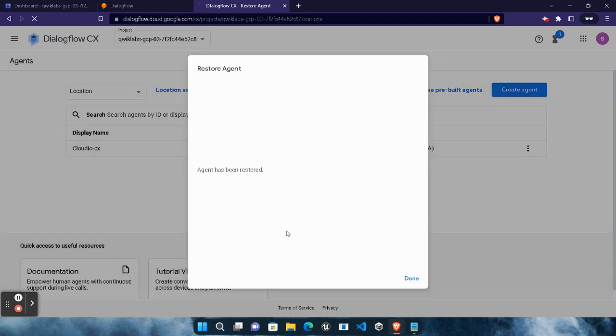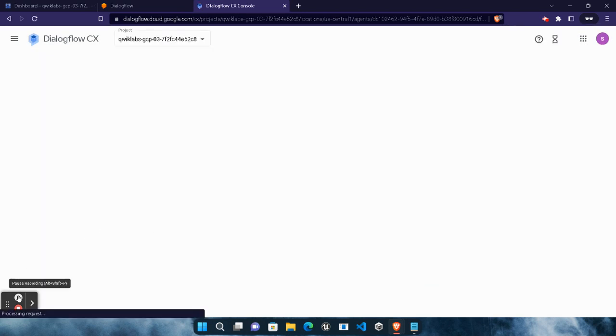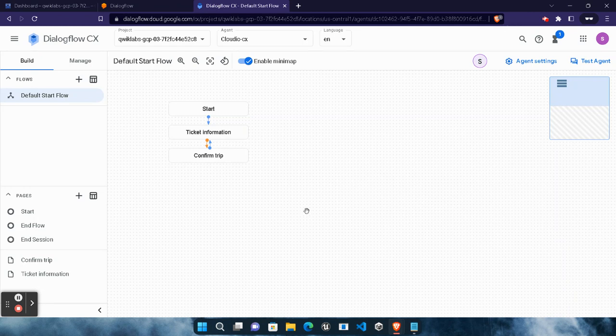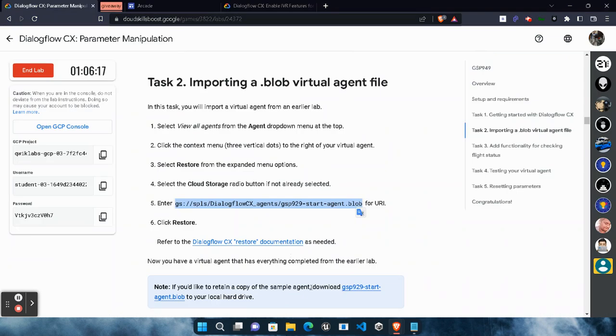Make sure your URL is exactly correct, with no extra spacing. Now click on the done button. Wait for this page to get loaded. So once the page gets loaded, after that we need to restore one more file, and that file I extracted